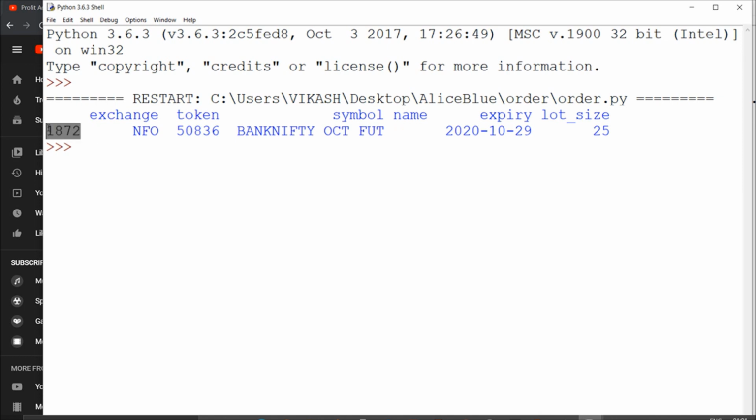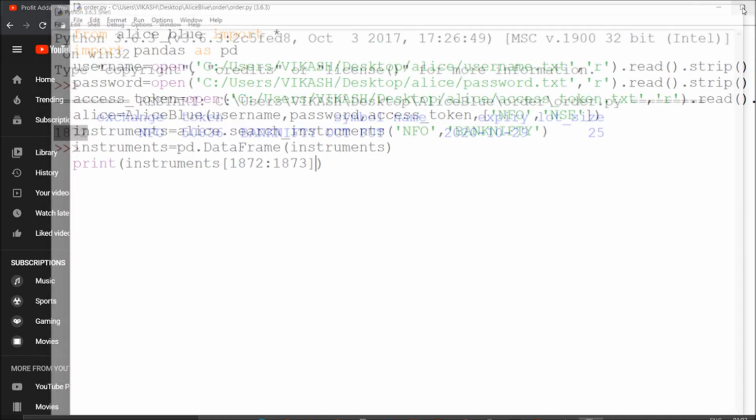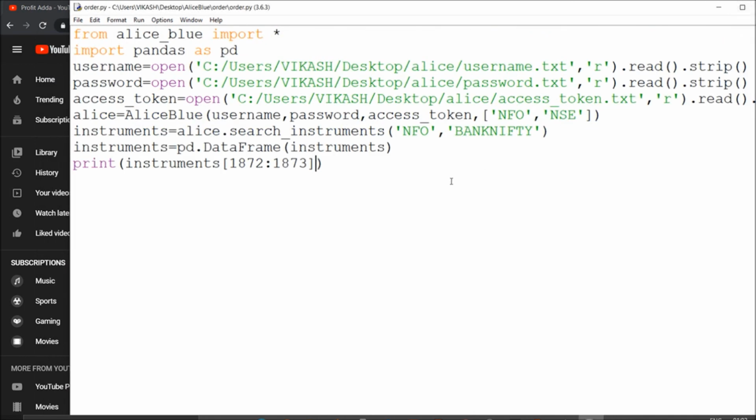If you already searched it and got this, and suppose I'm trying to fetch this stuff, I just sequence out whatever data is there from this to that, so you can easily fetch.